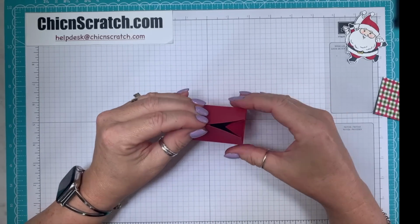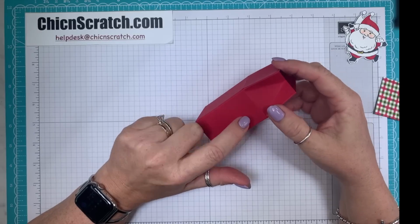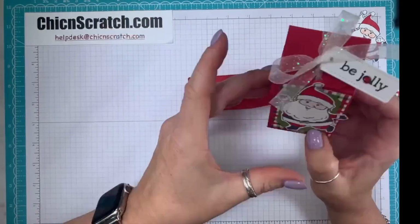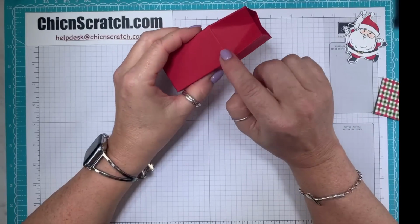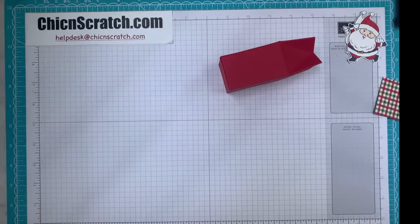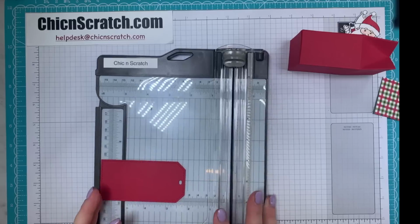This is the front. And so remember when I told you that if you didn't use your bone folder, your sides here won't fold exactly right? Let's see, do I have one? No, both of these are right. Use your bone folder so that when you squeeze this, the sides don't cave in. That's the trick, okay? So I'm going to take this tag that I cut out using the tailor-made tags, and I'm